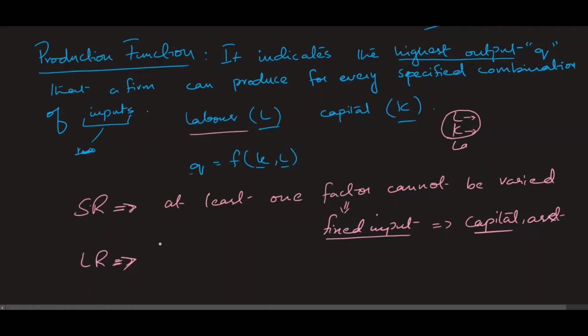Okay, so long run means that it is the time period in which all of the factors can be varied. A time period in which all of the factors can be varied will be considered as long run, whereas in short run, at least one factor cannot be varied, which is our fixed input or capital. So in this particular context, what we are going to do is focus